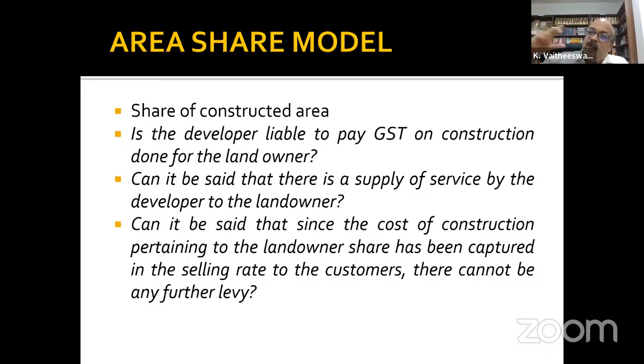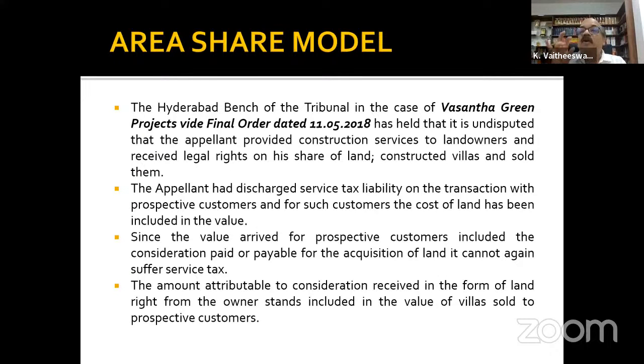Therefore, when I arrive at my cost of construction statement for the selling rate to be marketed for the 60 apartments, I factor in all the costs, including the costs incurred for the owner. Therefore, when I pay GST on the 60 apartments that I'm marketing, I'm actually paying on 100 apartments because I'm factoring that cost also by fixing the selling price. This is the view in the context of service tax by the Hyderabad bench of the tribunal